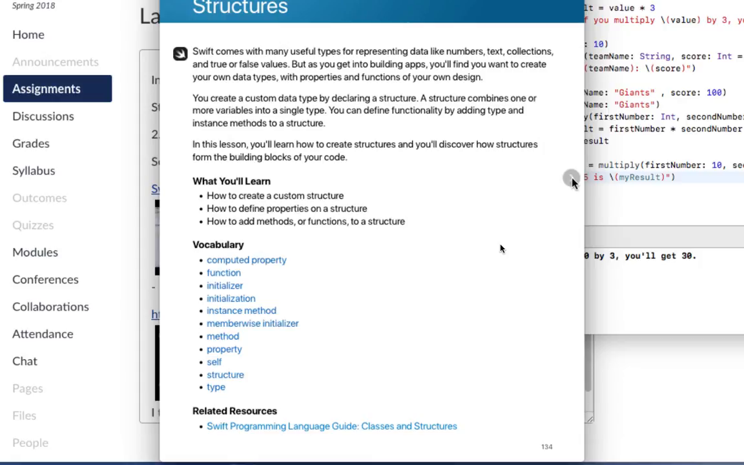Okay, let's move on to structures, which is probably the most important part. Functions are easy. You can put them together to do things like keep scores and put words together and so on. But structures are a way to organize your content into building blocks. Swift comes with many useful types for representing data like numbers, text, collections, and true/false values, but when you get into building apps, you'll find you want to create your own data types